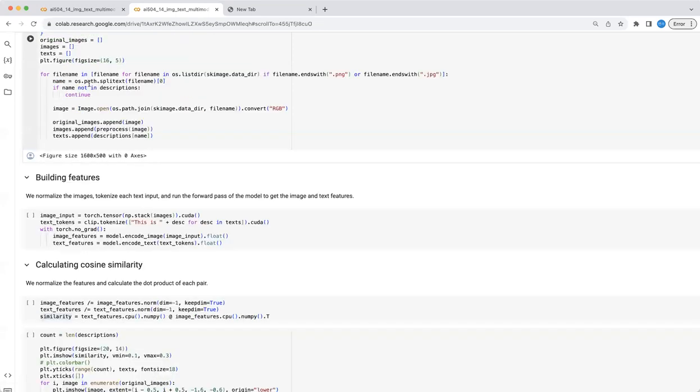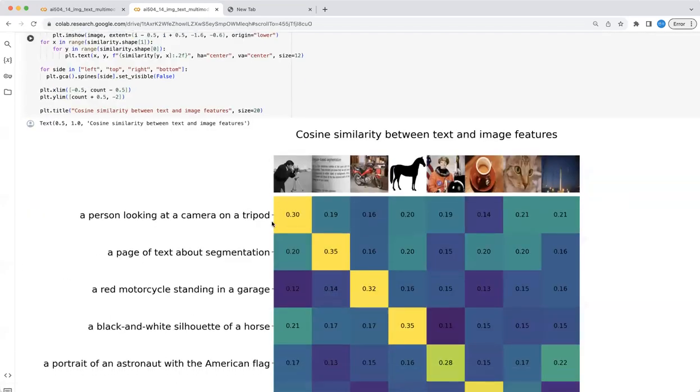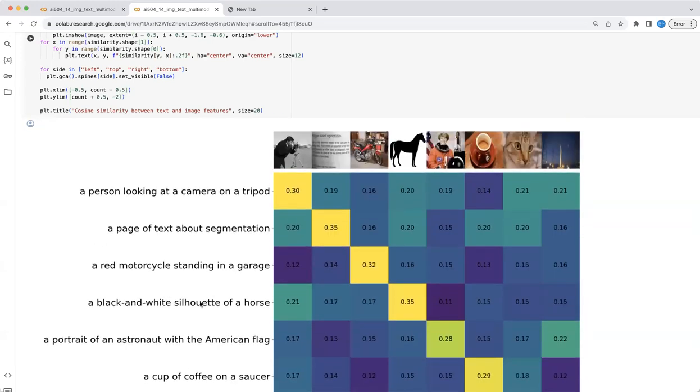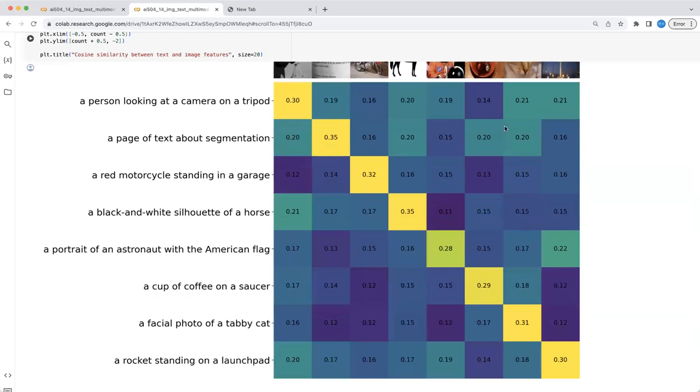This description has the highest similarity compared to the other image data. And as you see like this, a black and white still of a horse. This description has the highest similarity score with this image. So by seeing this figure of the contrastive learning matrix,